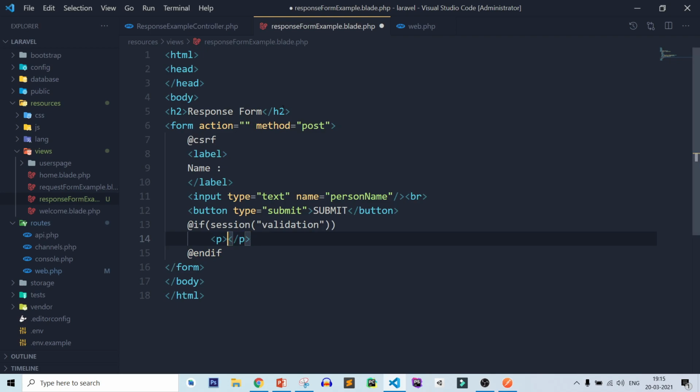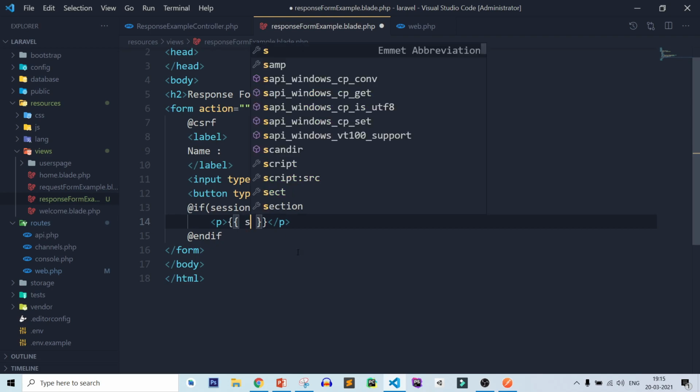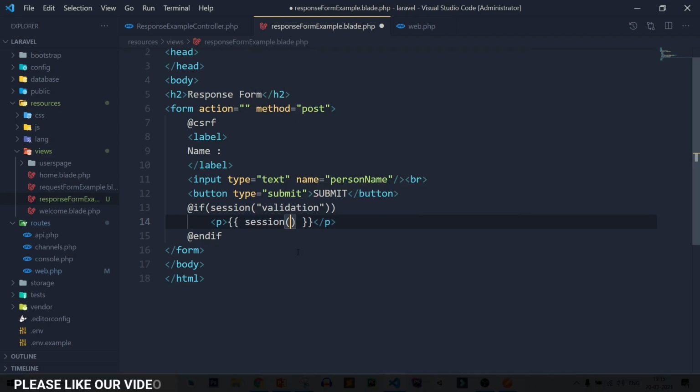P is used for printing our message. Then you need to add the printing way. You can use double curly braces to print anything in a template. So here I am using double curly braces to print the value. After that add session, then add the key name, copy it, paste it, save it.